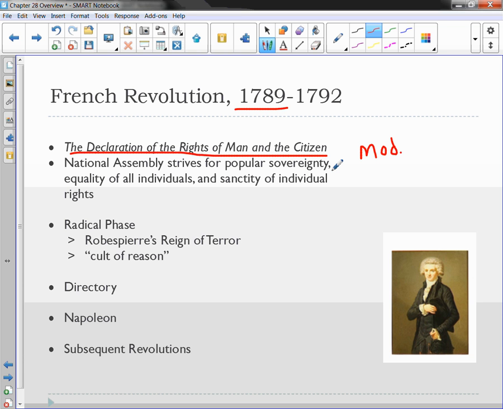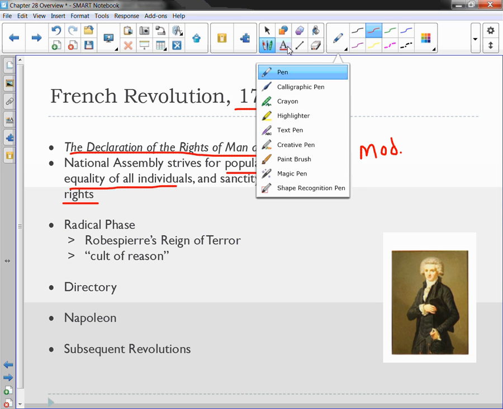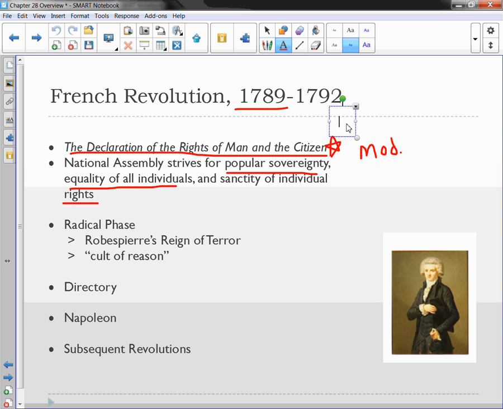During this time, if you take European history, you'll learn about the Reign of Terror, which is a time when a lot of rich people got killed and destroyed in France. And this, like I said, this National Assembly strives for popular sovereignty and equality and individual rights. And you can read all about that. In fact, you will in the Declaration of Rights of Man and Citizen. You'll see that in a lot of ways, this models both the Declaration of Independence and Enlightenment ideas.